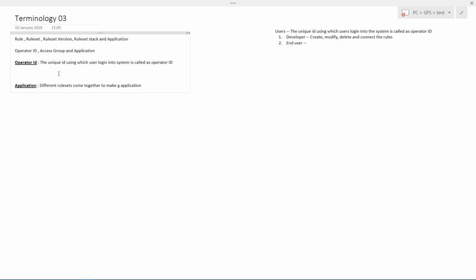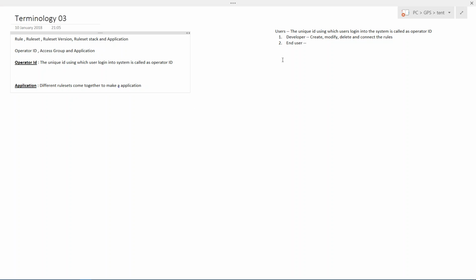So we have to make sure that we are maintaining two different spaces or two different environments for the end user and the developer.